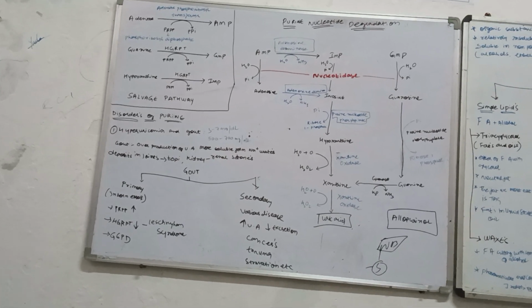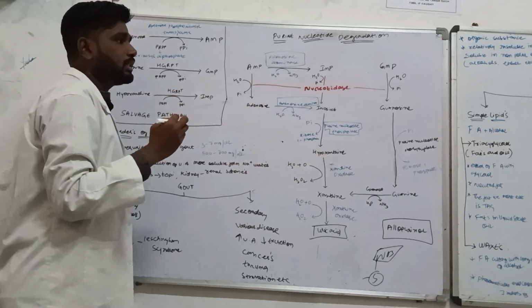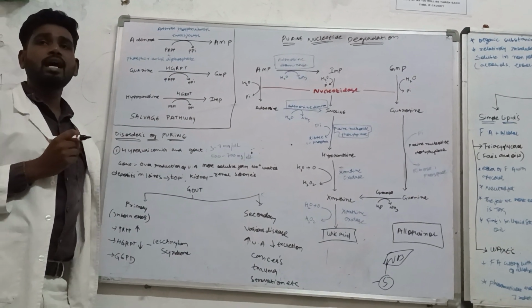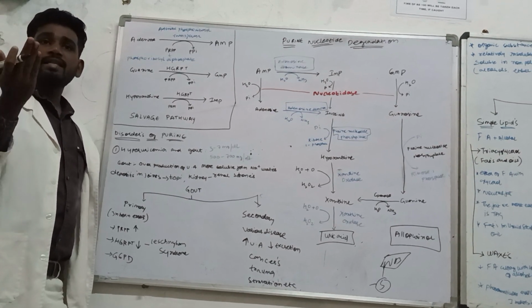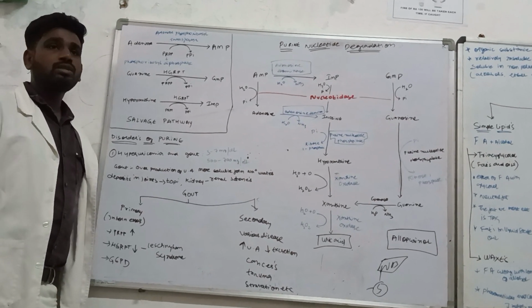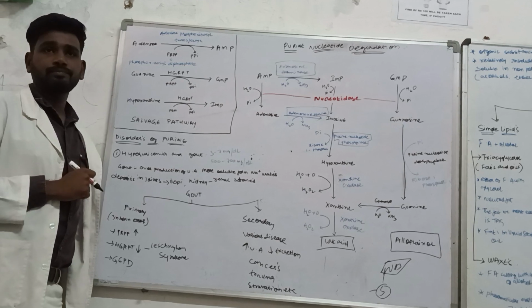ठीक है, it was very easy, बहुत इजी है भाई। अगर न्यूक्लियोटाइड्स में से अगर फॉस्फेट निकाल दिया जाएगा तो उसको बोलेंगे आप न्यूक्लियोसाइड। जो एंजाइम फॉस्फेट ग्रुप को निकाल रहा है उसका नाम है न्यूक्लियोटाइडेज।